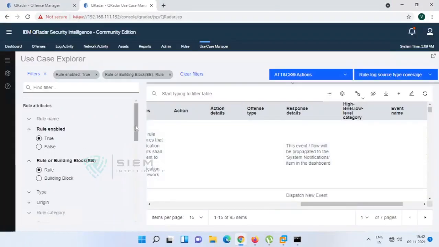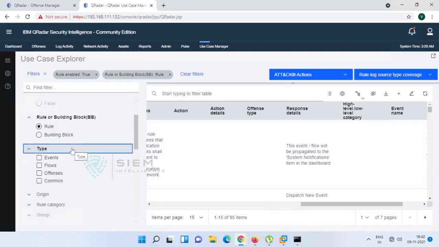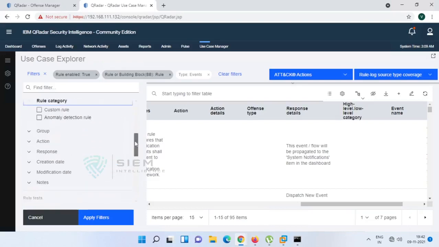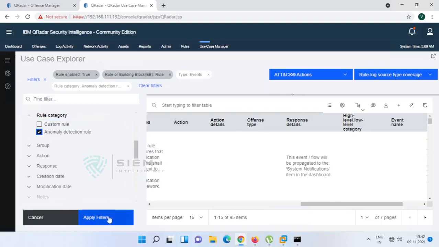So this is how you can explore your rules. You can also check only event based, flow based, offense based and common. So basically you can check on this basis also, and you can check from origin, system, user, override. You can check by category. If you know the category, if you want to check custom rule and anomaly detection rule, you can check the anomaly detection rules only.